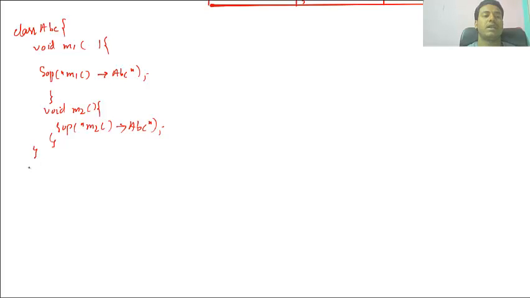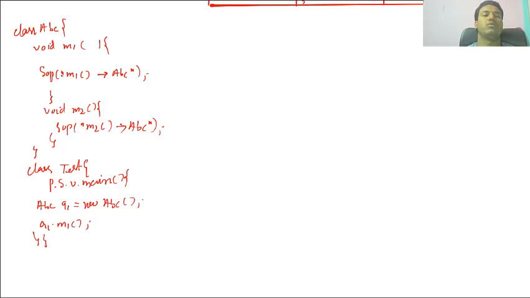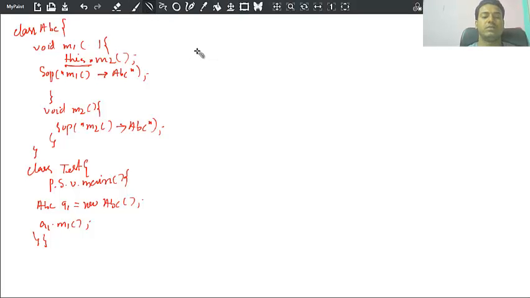Now class Test. In Test you have the main method, public static void main. Inside the main you are creating an ABC type: a1 is equal to new ABC, and this is a1.m1. When you call m1, m1 has to call this.m2 like this. So if you are not mentioning this here currently, there is no difference, it automatically takes this.m2. Now in this the memory allocation is